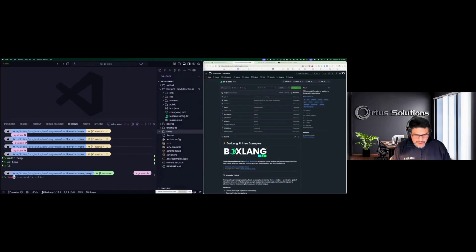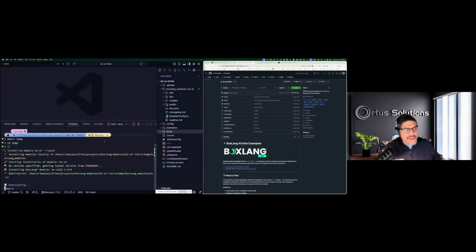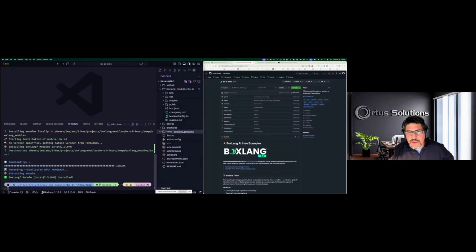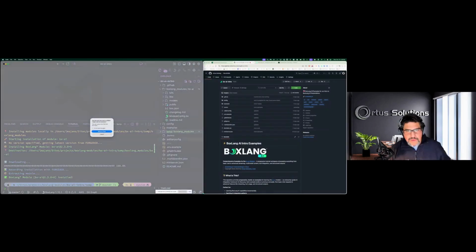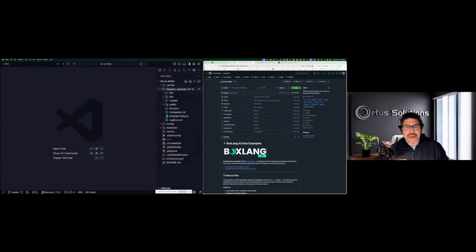If I wanted to install BoxLang AI locally, just for this folder, so this CLI application, I can say install BXAI --local. And what that will do is install a BoxLang modules folder, and it's going to install BXAI within it. So that means this module is only going to be for this CLI application. If I wanted to install it globally, then of course you remove the local, and now it's installed for my entire operating system. Many capabilities, that's more of a BoxLang kind of deal, but I just want to show you that that's what we've done here.